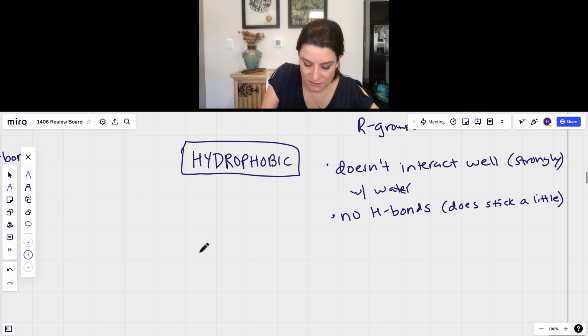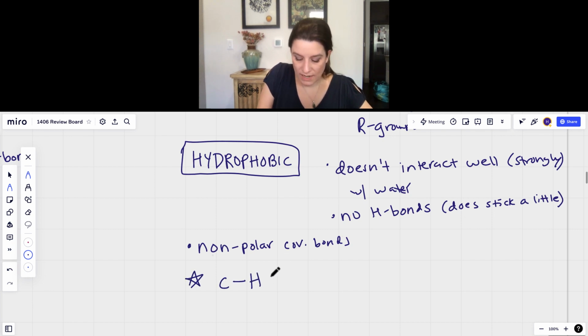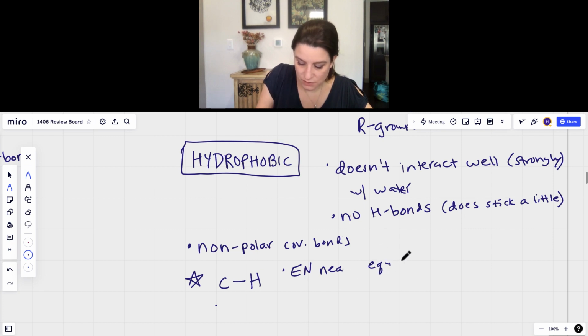And why are things hydrophobic? The other type of covalent bond is the nonpolar covalent bond, and the classic one that we need to know is the carbon-hydrogen bond. Why is this the case? The electronegativity of carbon and hydrogen is nearly equal, so they share electrons relatively equally,